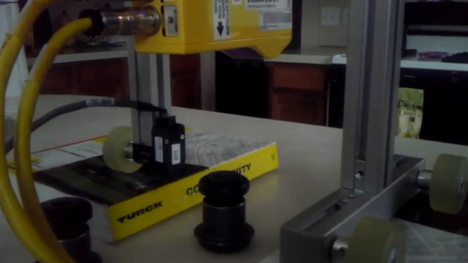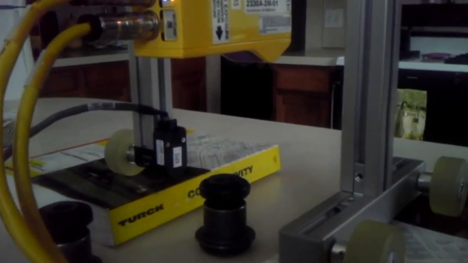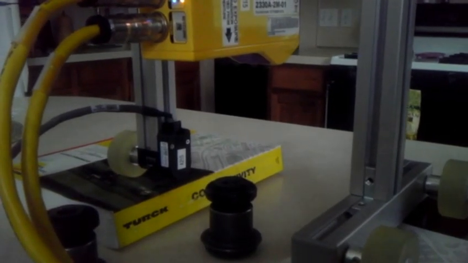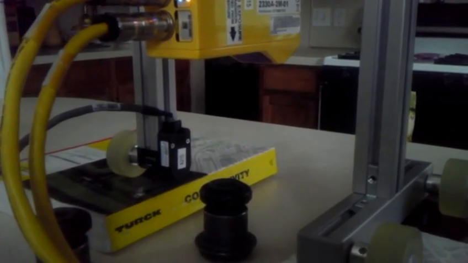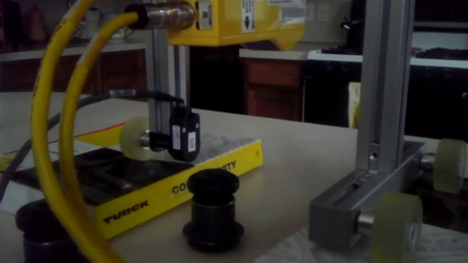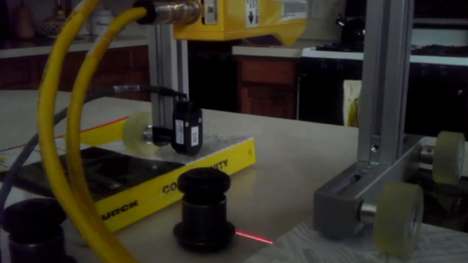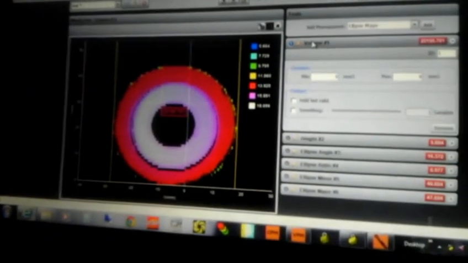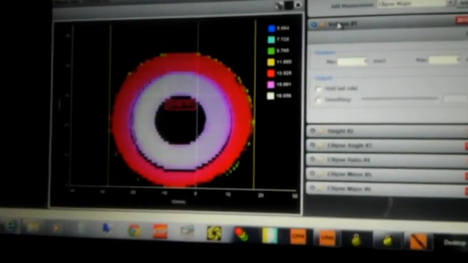Now we're going to show you a demo of the LMI Gocator in the whole part mode, which is the 3D mode. What we're going to do is scan this part all the way across. You can see the laser cutting across there, and then on the screen we're going to get a value. So if we go back on the screen and look at that closer, we can see that we